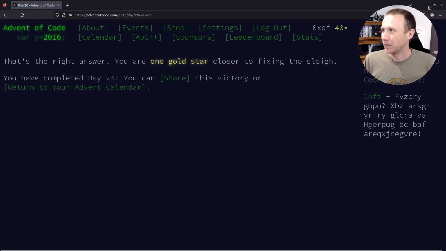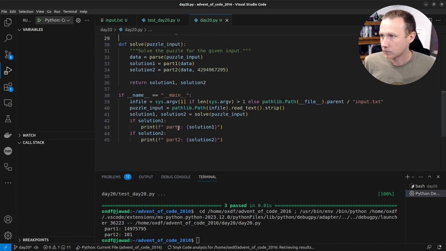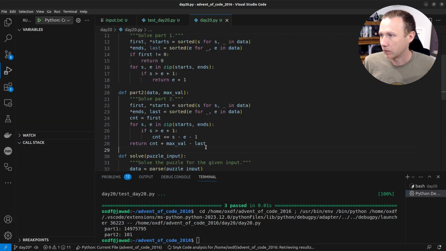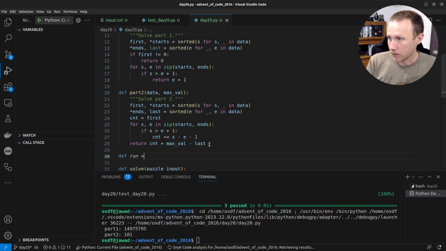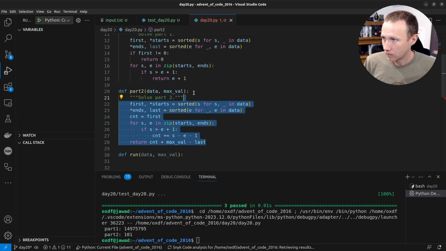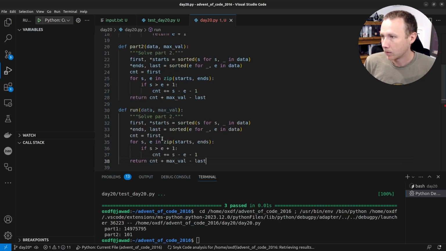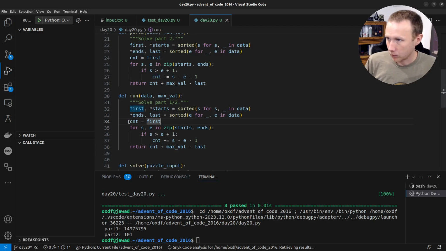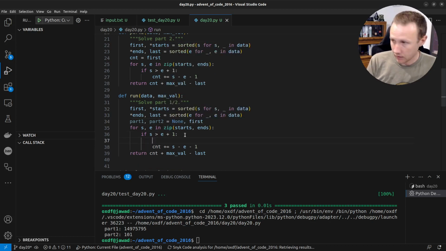It's good. Let's take a quick look and we can combine these two, I'm sure. So we're going to do def run, with data and max val. And let's just do this. Solve part 1 and 2. We will just come down here and put count. Maybe we'll do part 1, part 2 equals None, comma first. So now we loop through here. When we find our thing, if not part 1